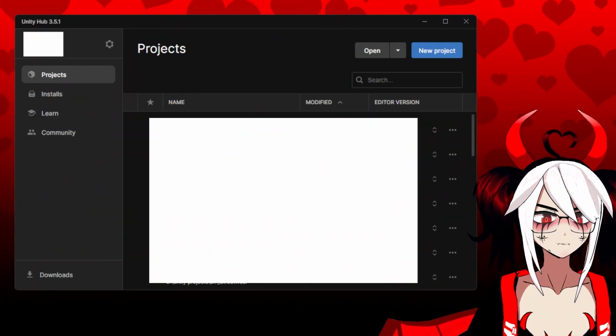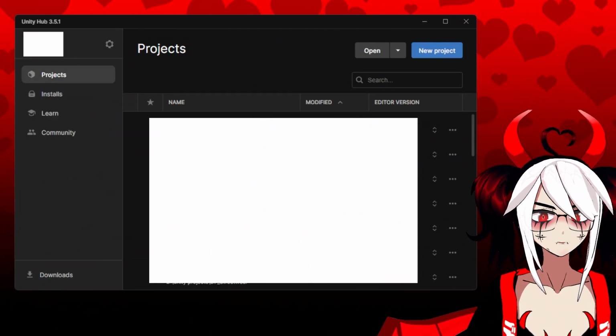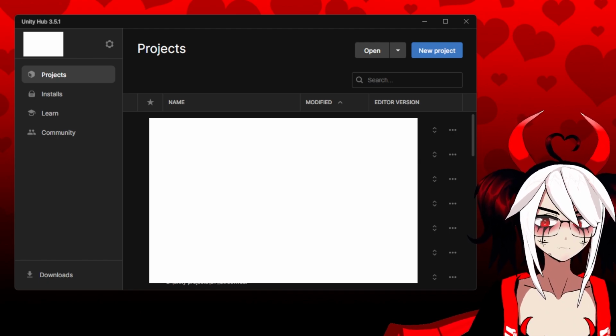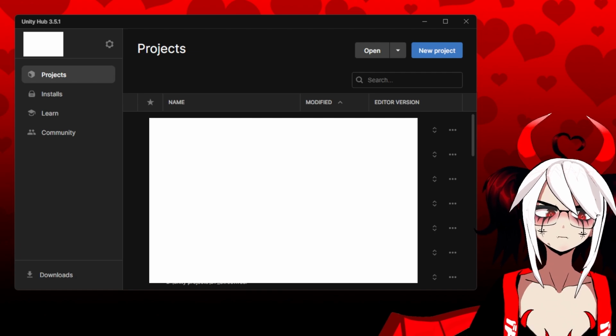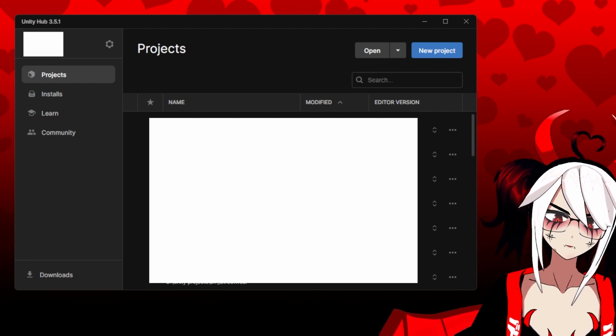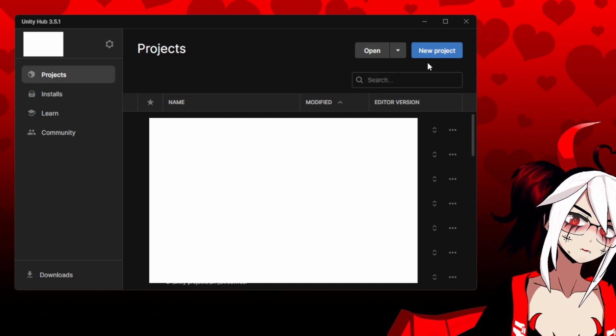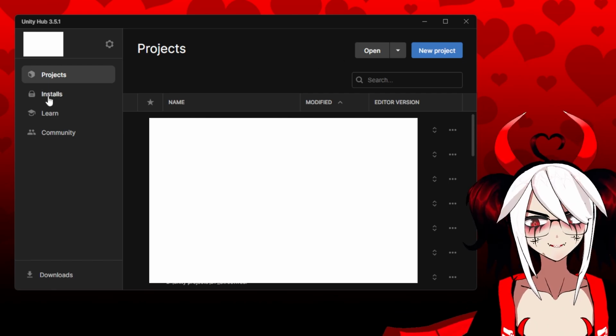Alright, and here we are in Unity Hub. This is generally what it's going to look like. You're going to have your projects installs on the left side, which are the relevant ones. Up on the top corner, over here, you're going to have open a new project. If you go to installs,